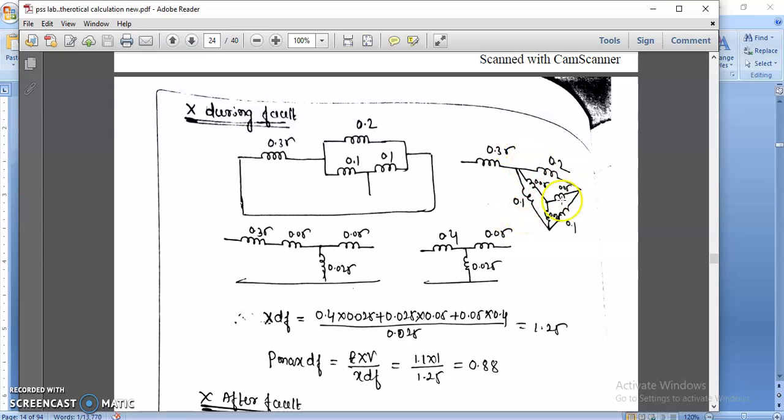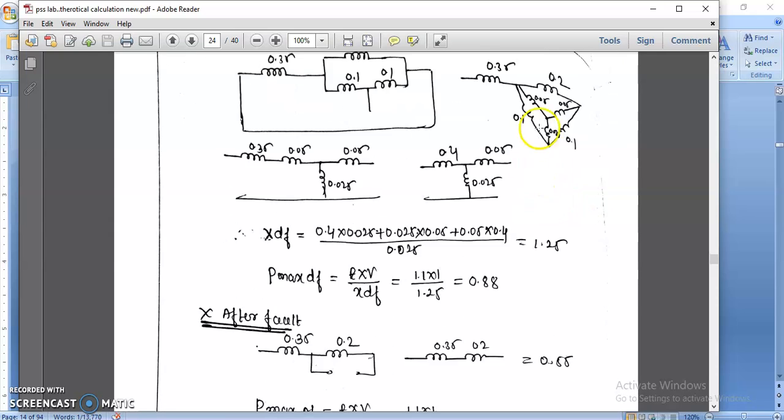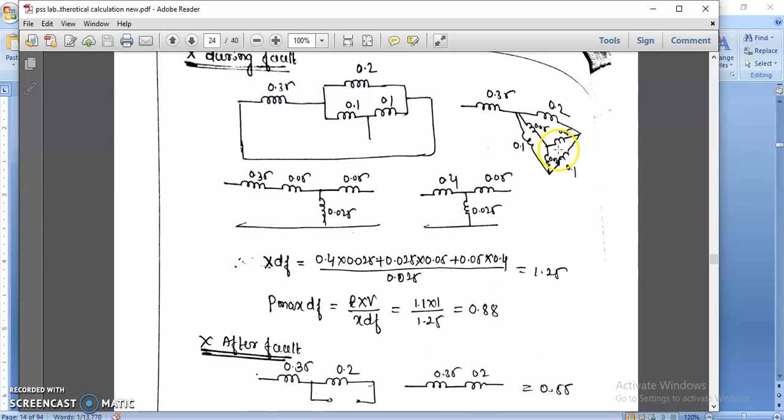Okay, so this is star converted into this, and delta converted into star. So this reactance X1 will be the multiplication of both things, and divided by, I think multiplication will be there. Check what value you are getting, how to convert this delta to star. Once you convert delta to star, we are getting this reactance on one side 0.05 and this reactance 0.05, and this one will be 0.025.